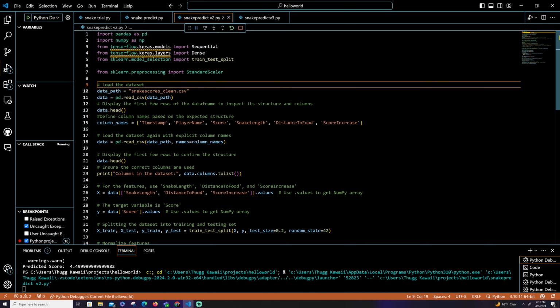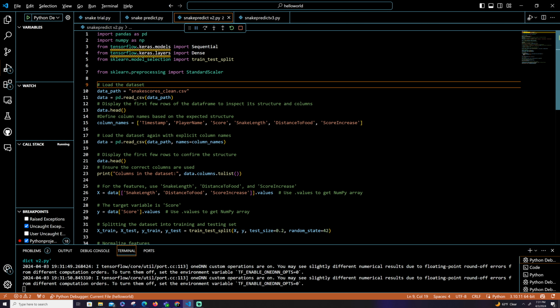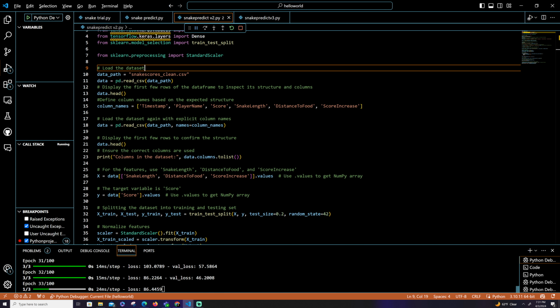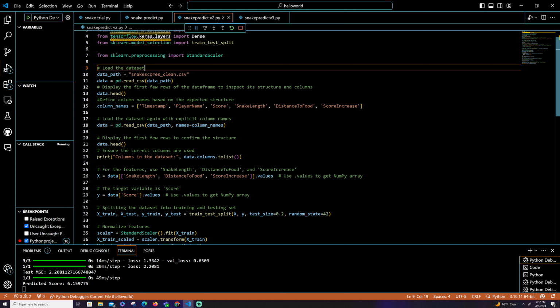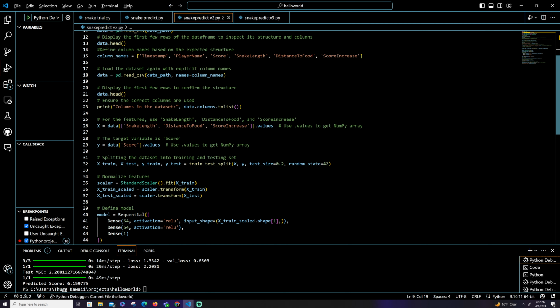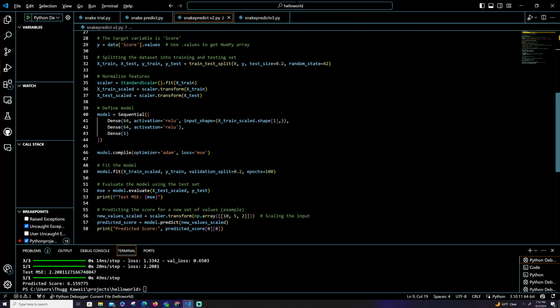And then when we run this one, it trains. This is the TensorFlow version, and it's training the model even though we don't really have that many things to go off of. So it'll give me a more exact score. It's testing it, and it's like, yeah, around a 6. That's your next predicted score out of the data files, because it keeps appending with every game that we play.